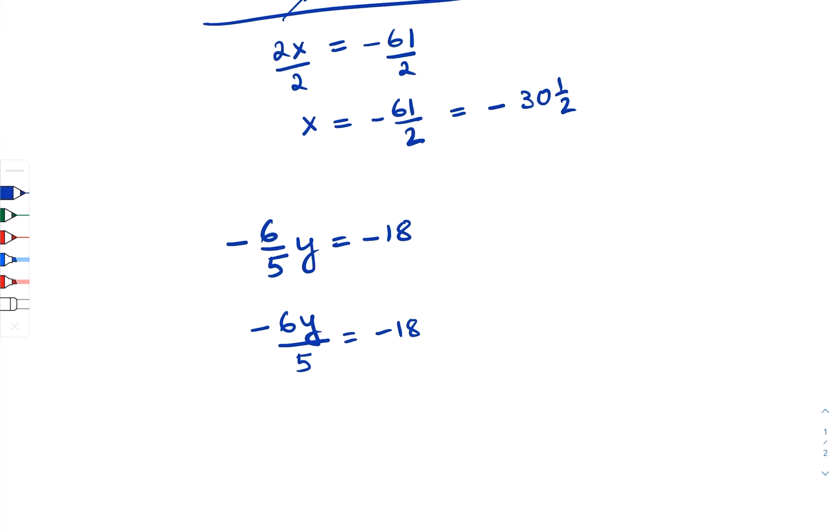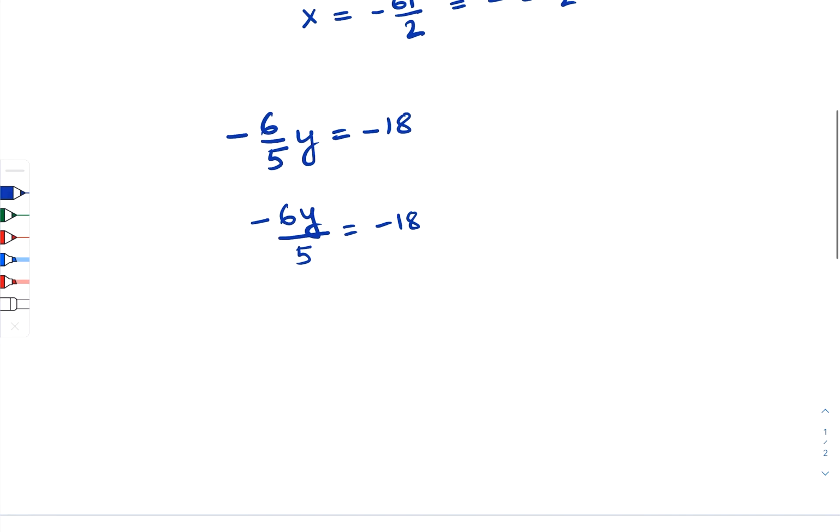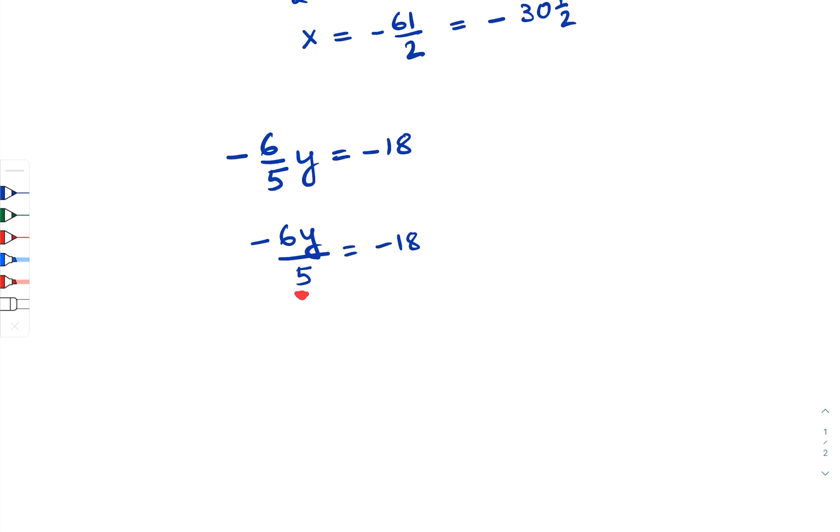At this point, there are a bunch of different ways you can approach it, but I don't want to confuse you, so I'm just going to show it to you one step at a time. What we want to do first is get rid of the 5. Since the negative 6y is divided by the 5, we're going to multiply both sides by 5. So when we do that, I'm left with negative 6y on the left, and the right-hand side becomes negative 18 times 5 is